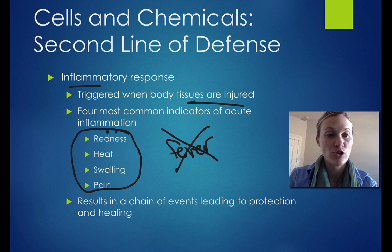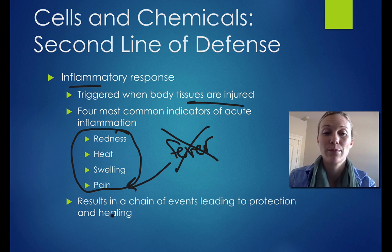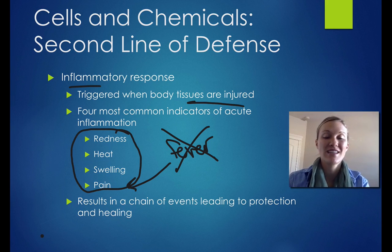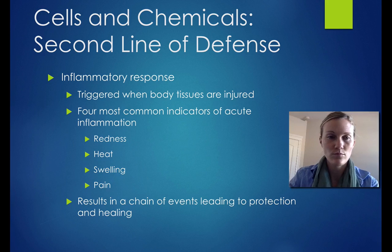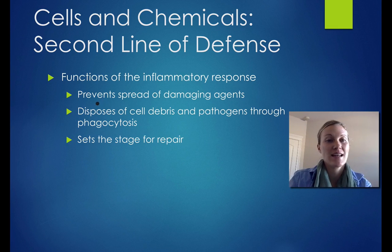That's not to say that you can't have inflammation and a fever. You can have both at the same time, but a fever is not an indicator of inflammation. They're two separate things. So these result in a chain of events which leads to protection and healing. The major functions of inflammation are that it helps to prevent the spread of damaging agents. It also gets rid of and disposes of cell debris and pathogens through phagocytosis, and it sets the stage for